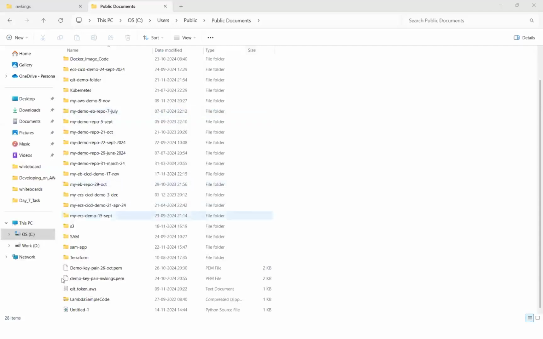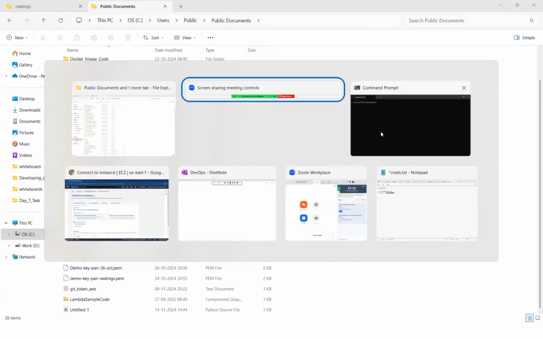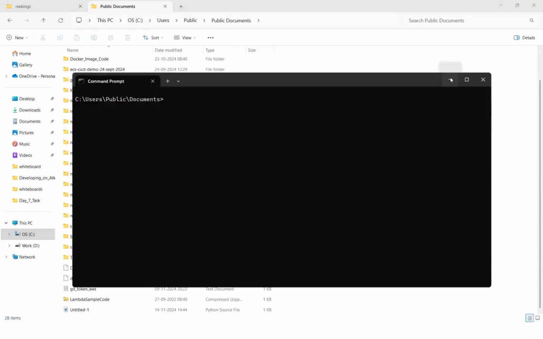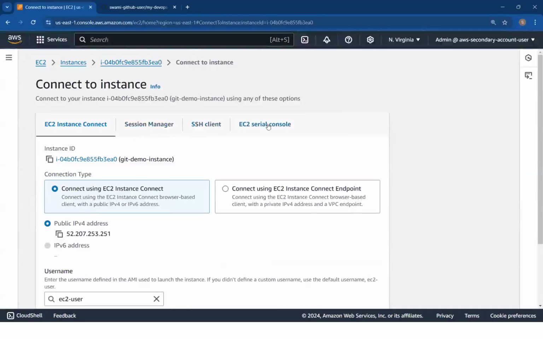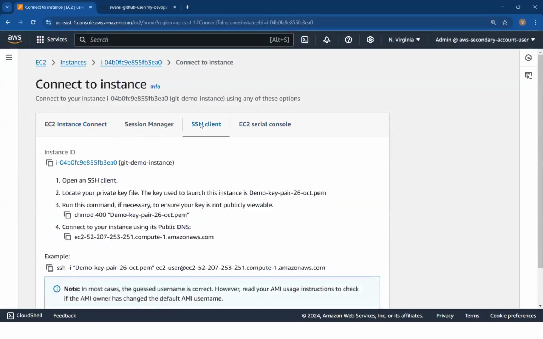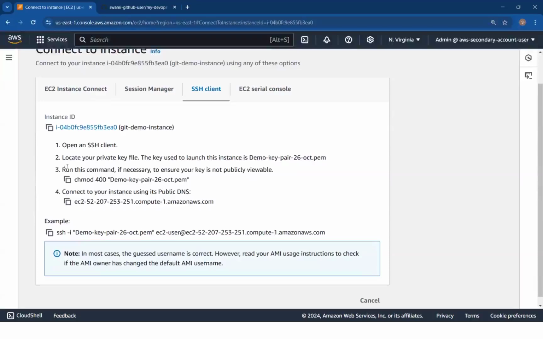So what I want to do is, this is a place, team, where I have kept my key pair. Okay, that's the one that we have used to create this instance. So with the same key pair, I'll be logging into my instance thereafter. Okay, so how do you do it? You know the process well. So I'll go back to over here. I'm going to use the SSH client to connect. You have to open the SSH client, look at your private key that I've downloaded. Okay, this is the key that we want. And then we would use chmod, I mean, we are not on Linux to use it.